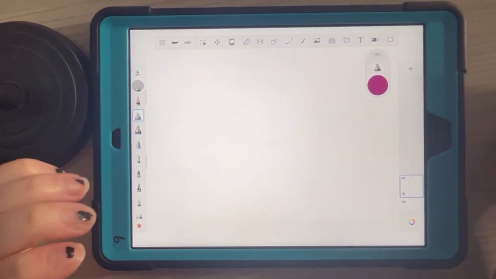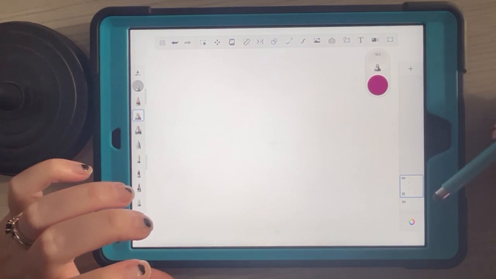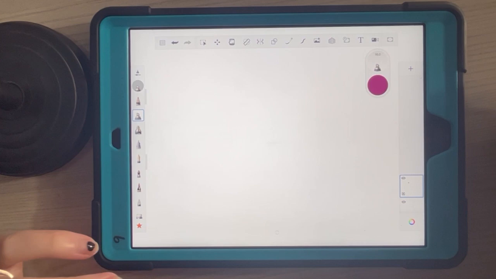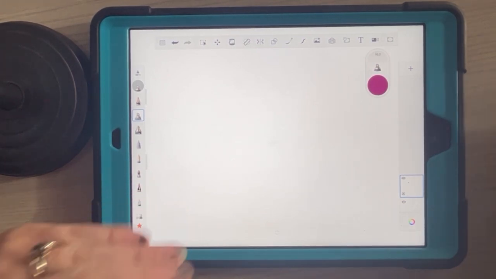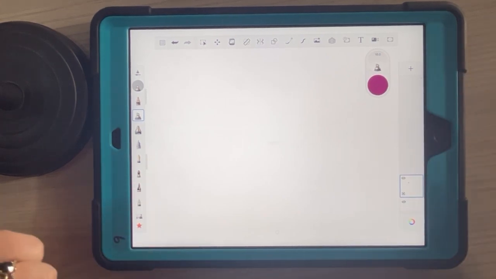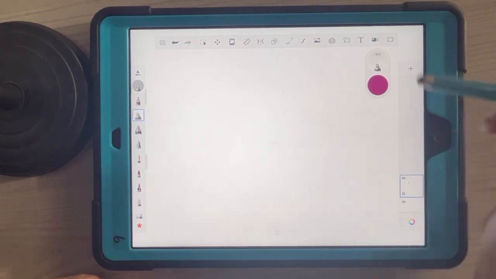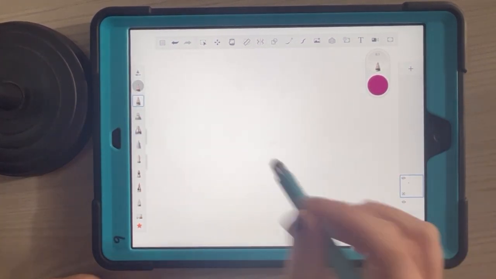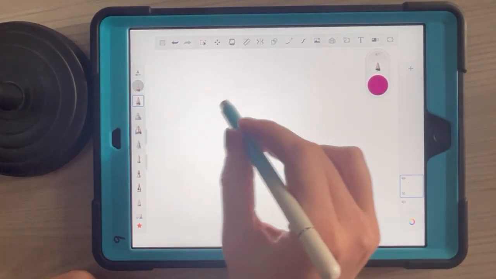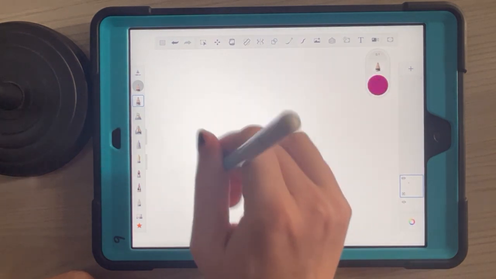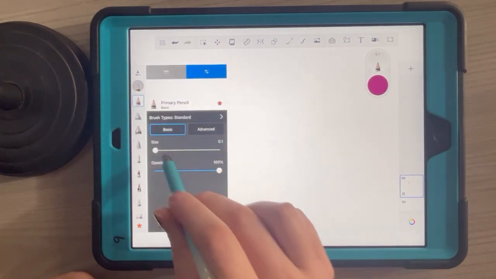All right, the last thing we're going to talk about here is your layers. So over on the right hand side again, you'll see your layers. During your individual practice, you will have to practice creating multiple layers and using multiple brushes. How I like to use layers is I like to start with my bottom layer with a rough sketch of whatever I'm going to be creating. So if I were to draw like a face,